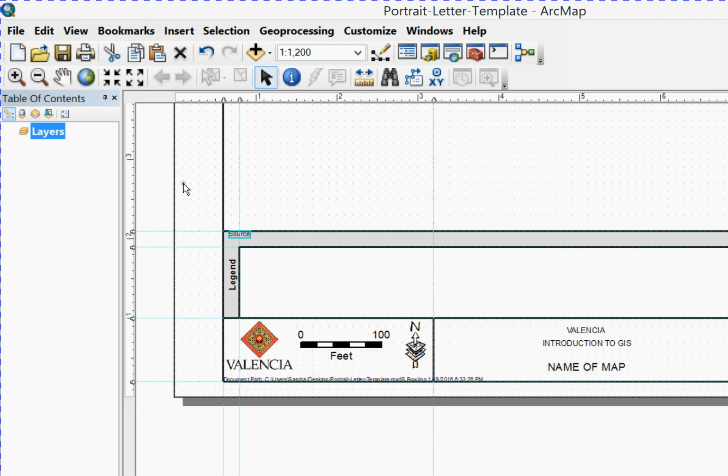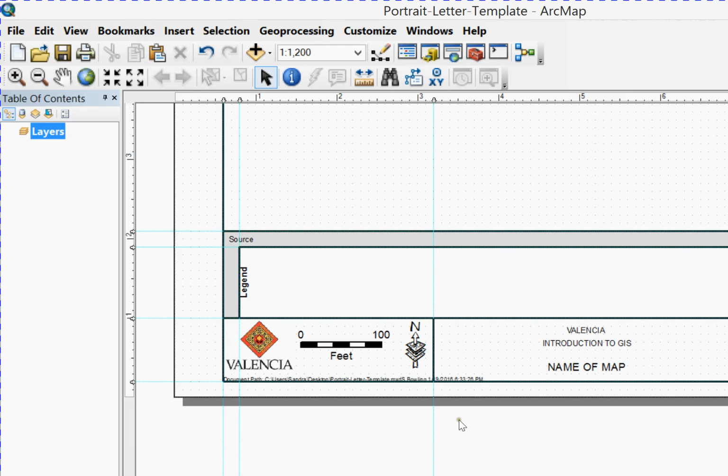And I'm going to change this one to 7. And I'm going to move it down. And there we go. So it looks like that. Now, this is just options, how you want to make it look. You could even move this one over so the legend's on the inside and the source is on the outside. I'm making the source a little bit bigger this time. All right. Okay, so now I've got my